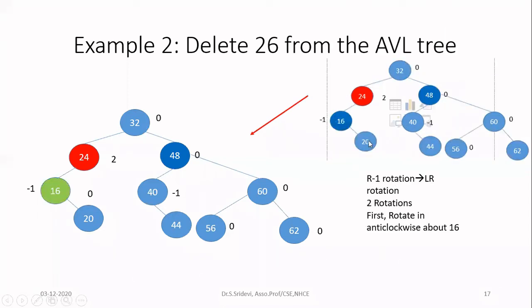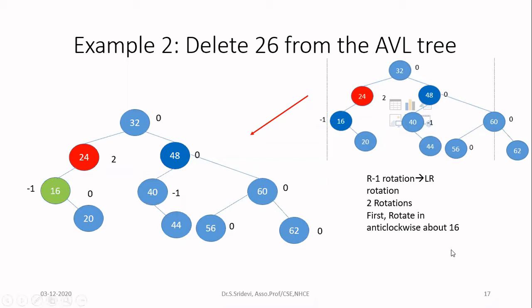So what is LR rotation? So LR rotation says that you have to perform 2 rotations because the letters are different. And you have to first perform the first rotation in the anti-clockwise direction. Why is it anti-clockwise? From where did we get it? The first letter is L. When the letters are different, you perform in the same direction as that of the first letter. That is, it is left. Left means anti-clockwise. So first rotate in the anti-clockwise direction. But about which node? When the letters are different, you perform rotation about the middle node. Middle node is nothing but next to the imbalance node. Your imbalance node is the top node. So you perform the rotation about the middle node now.